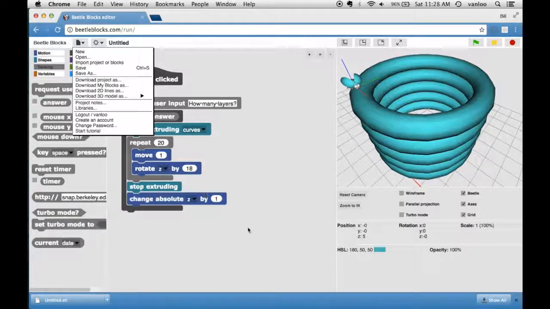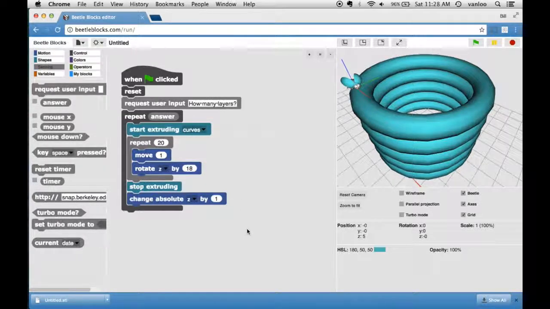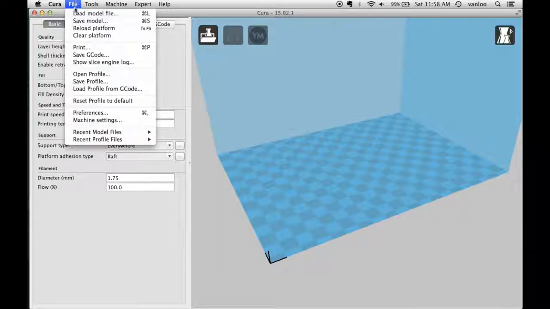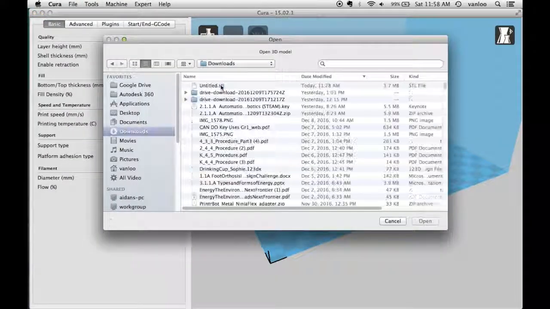At this point, depending on the type of software we're using to control our 3D printer, the process will look a little different, but I'll show what it looks like using the software Cura. Cura is software that lets us take a 3D model file that's been saved as an STL file and send it to our 3D printer. In Cura, I'll place the 3D model file that we downloaded as an STL file so that it can be 3D printed. So I'll load the model file,